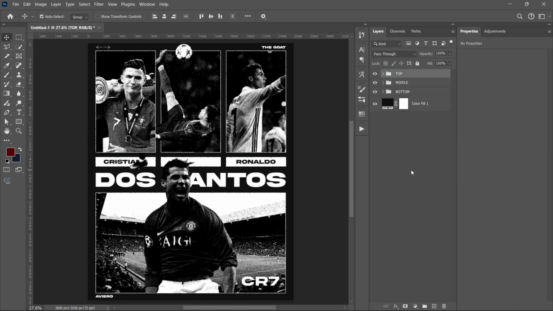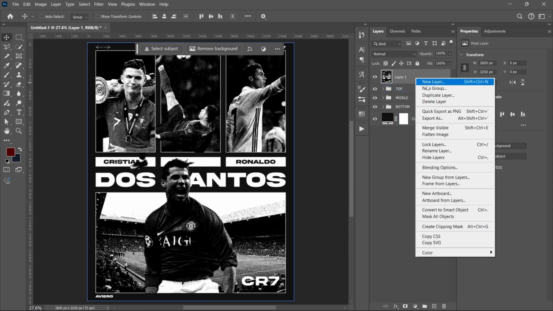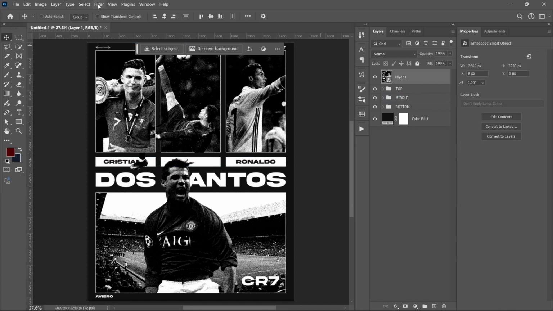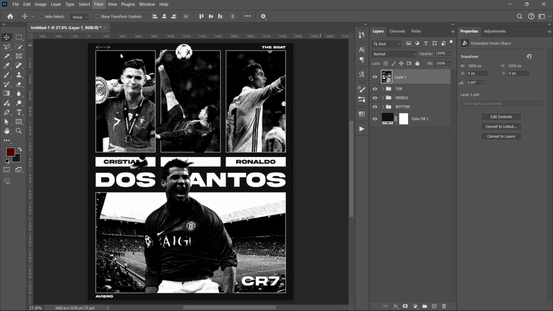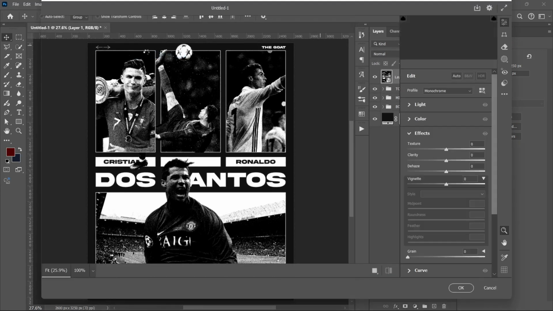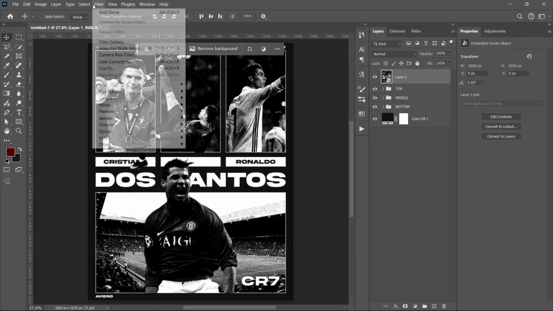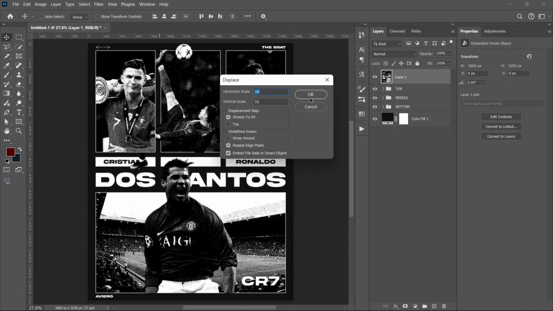So press Ctrl Shift Alt E. It will create a snapshot of all the layers. Right click it and convert it to a smart object. Then go to your filter, go to camera raw filter, or rather we'll not add camera raw filter now. Go to your filter, go to distort, select displace, click on OK,